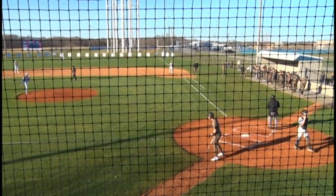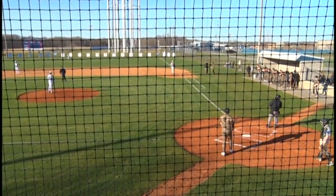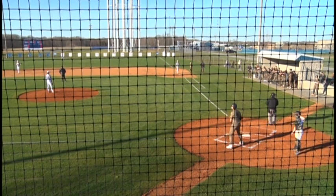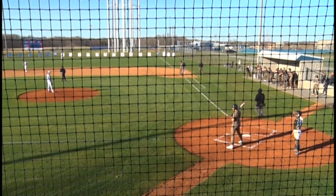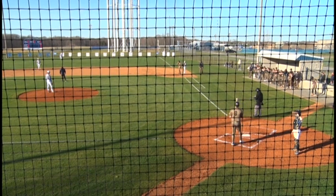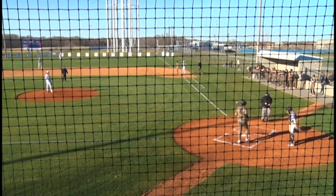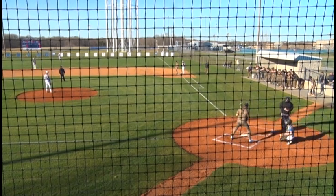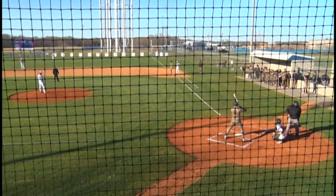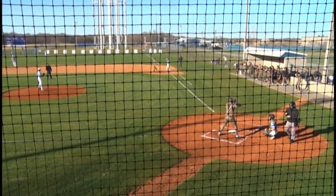Next batter for Smith County, number 8, King, the first baseman. And so it looks like Martin is going to get a courtesy runner. Probably a good idea. Martin's a big old boy. And they've got one that is not quite as big at all on the base path now as a courtesy runner for the catcher. 8, King, the first baseman, steps into the batter's box. Hunt, the senior lefty,